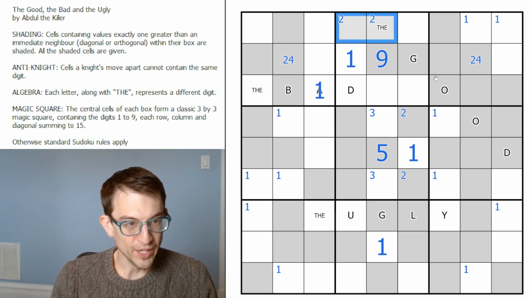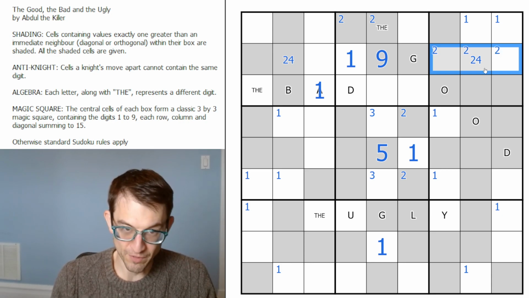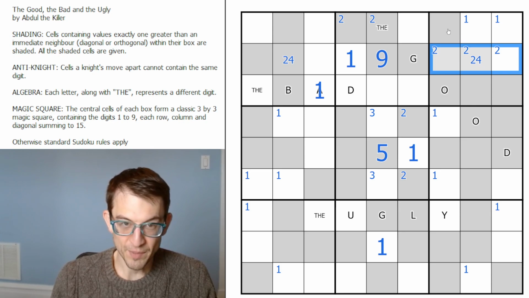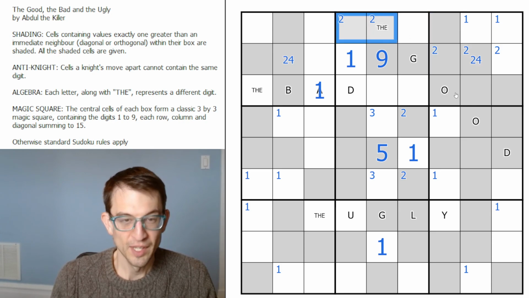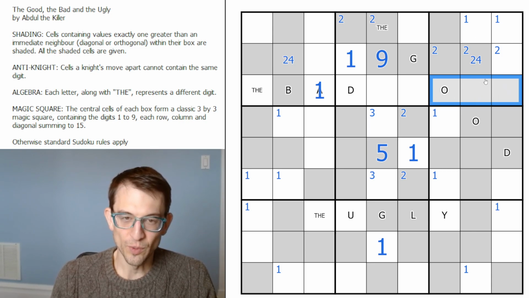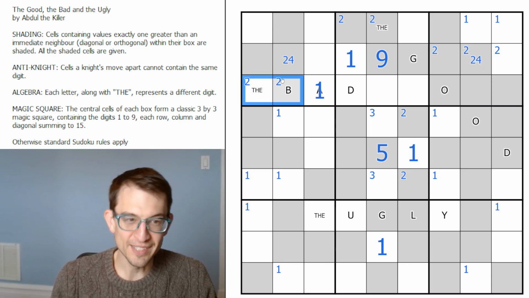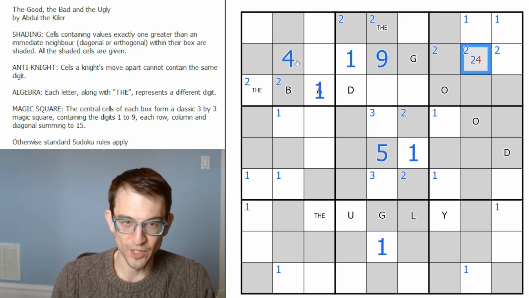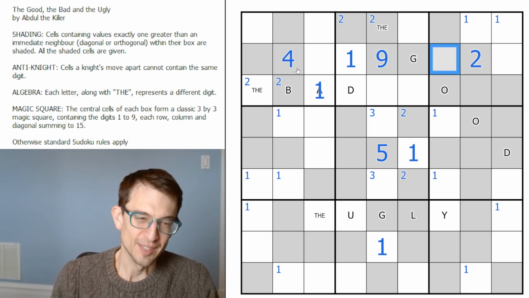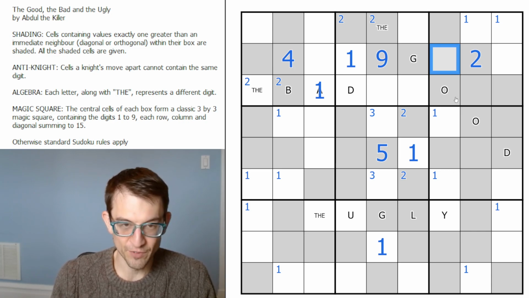And then, okay, now we're getting somewhere. The 2 here in box 3 has to be in one of these cells. Why does it have to be in one of those cells? Well, we can't be in the top row because of this set of 2's. It can't be in the bottom row because they're not adjacent to anywhere a 1 could be, and they're shaded. So you can't have a 2 in any of those. So 2 is here, which means 2 is in one of these, and that gets us our 2-4 distinction separated. Okay, that's huge. So now we have this 2-4 separation, and now I can fill in the rest of the